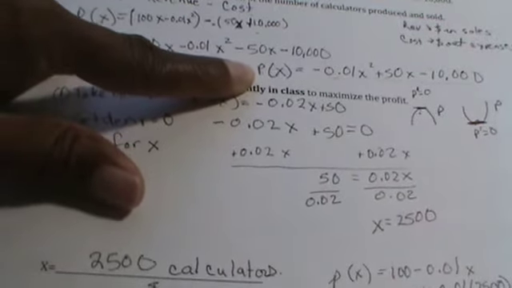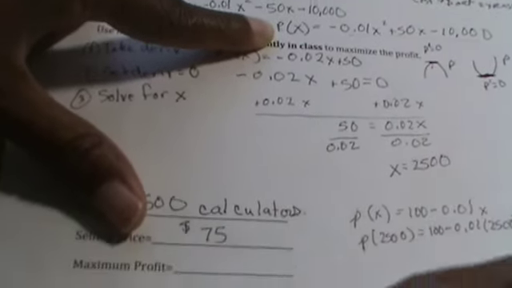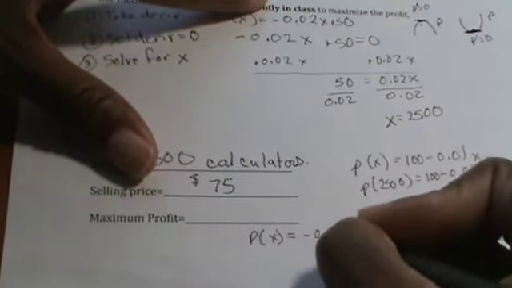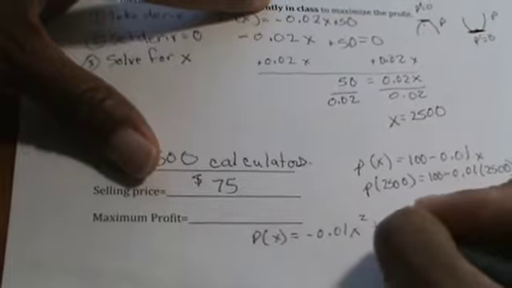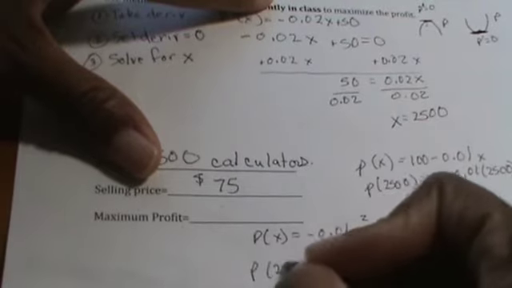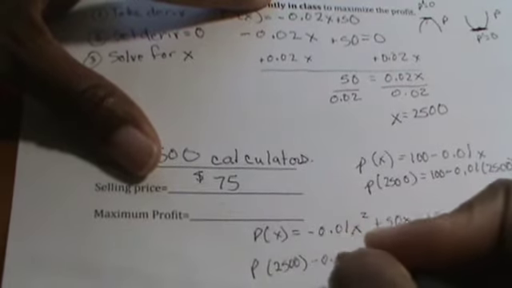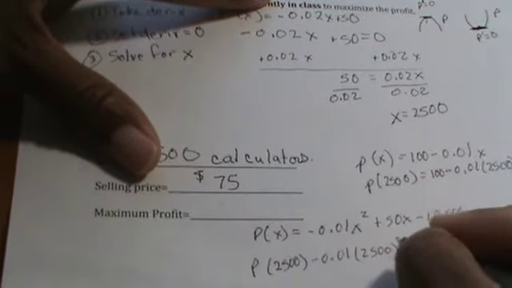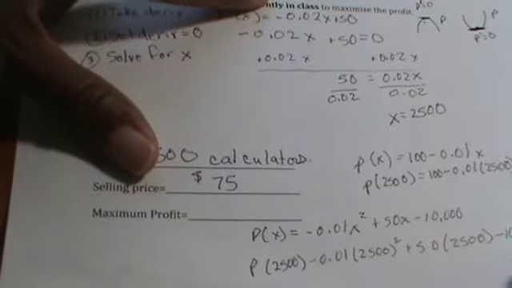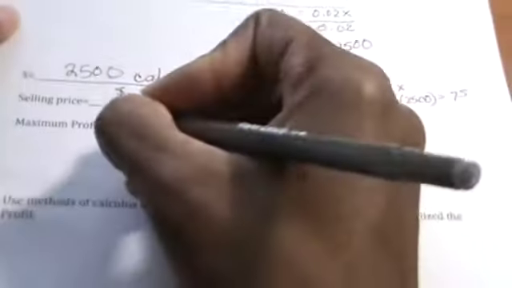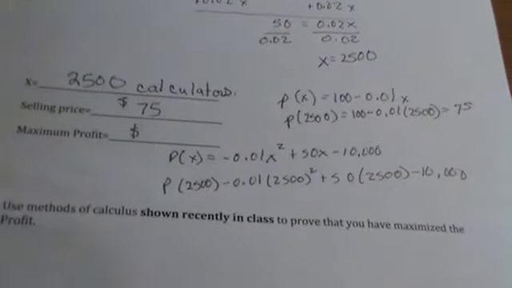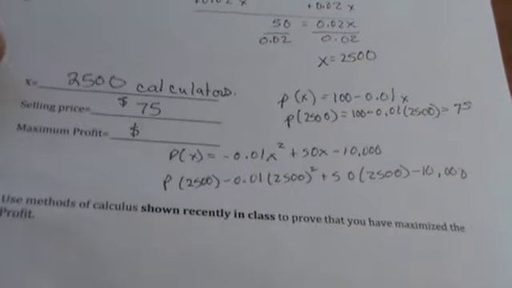Okay, so I'm going to write this equation right below. You guys should have written it down yourself. So here we have that the profit equation equals negative 0.01 x squared plus 50x minus 10,000. And we want to find out what happens specifically at 2,500. Minus 0.01 times 2500, the quantity squared, plus 50 times 2500 minus 10,000. Okay, let me scoot that over so you can see. So that too is going to be in dollars. All right, I'm going to allow you guys to find that number. I might be able to do it if I don't run out of time on this particular